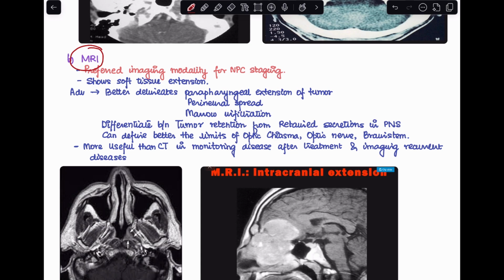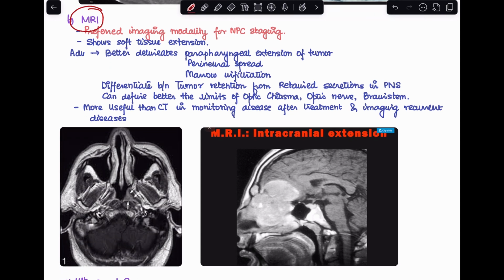We do MRI when we need to look at soft tissue. So, MRI is very good for soft tissue delineation. This will help us in understanding the extent of the tumor. Why do we prefer this? Because this will also help in better delineating the parapharyngeal extension of the tumor if there is any perineural spread